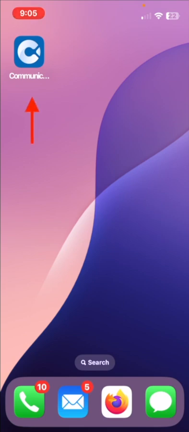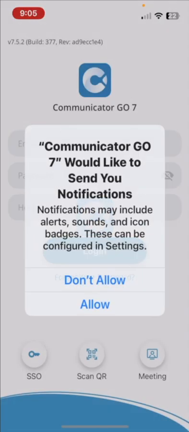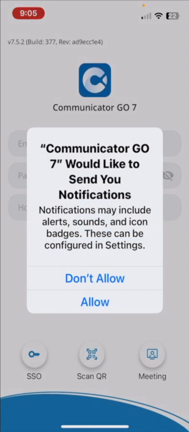Today, we're going to show you guys how to use and set up the Communicator GO app. Let's get into it. So when you download it for the first time, you're going to go ahead and click on it, and it's going to ask you to allow notifications. You're going to want to allow notifications so you know when somebody's calling, sending you a chat or an SMS